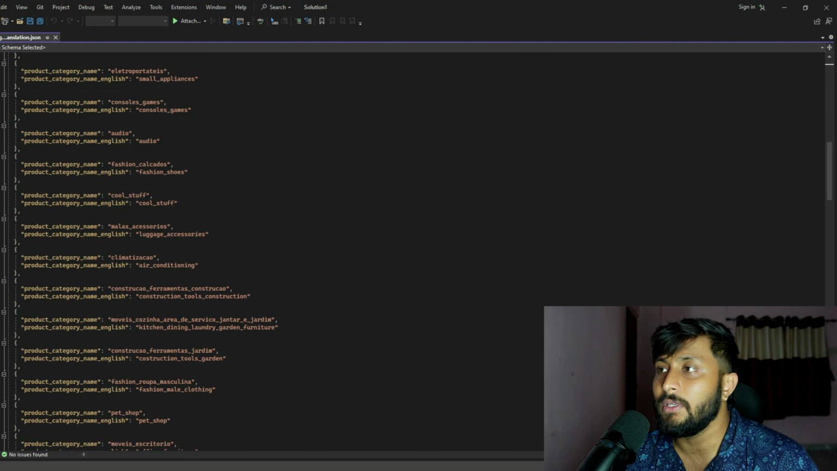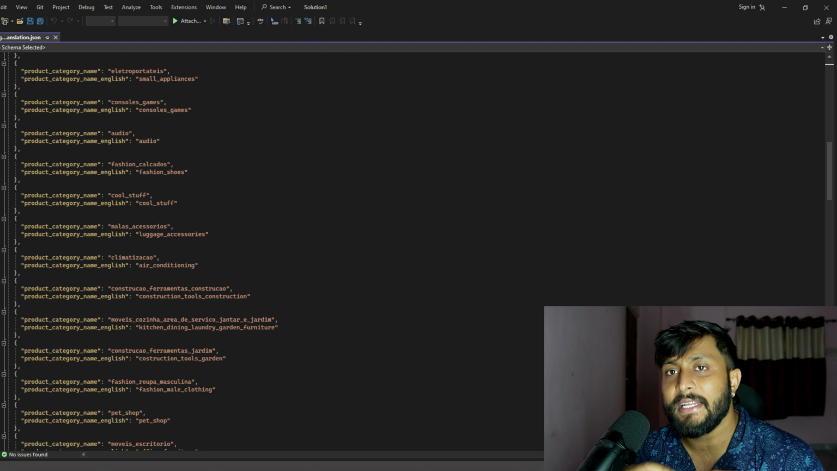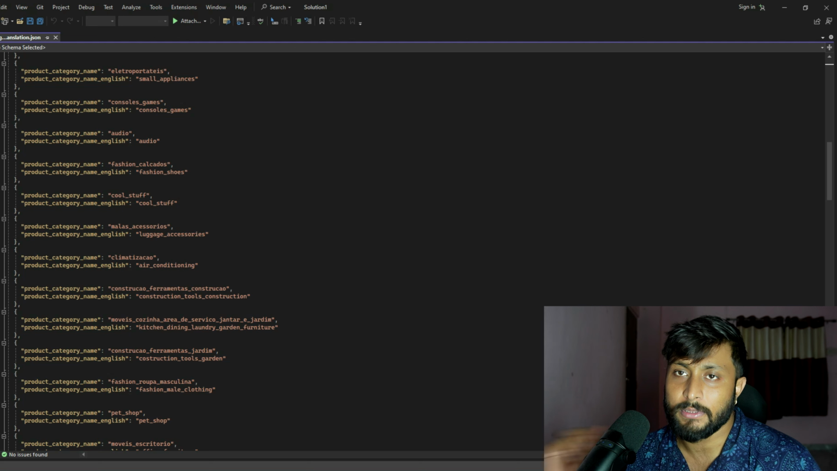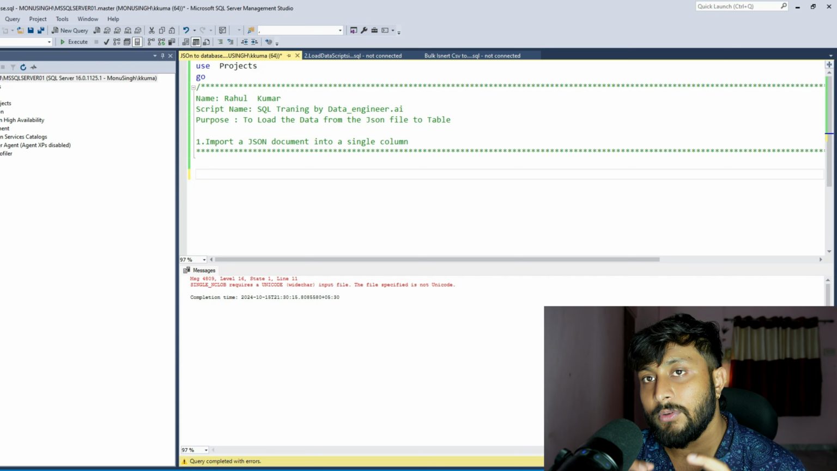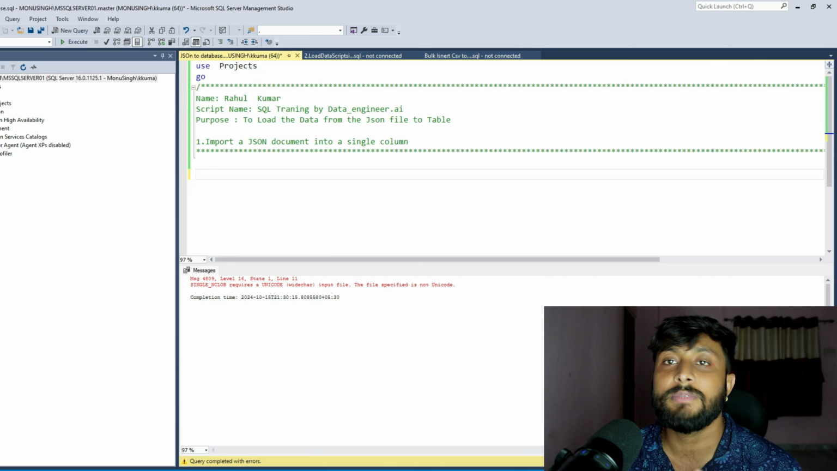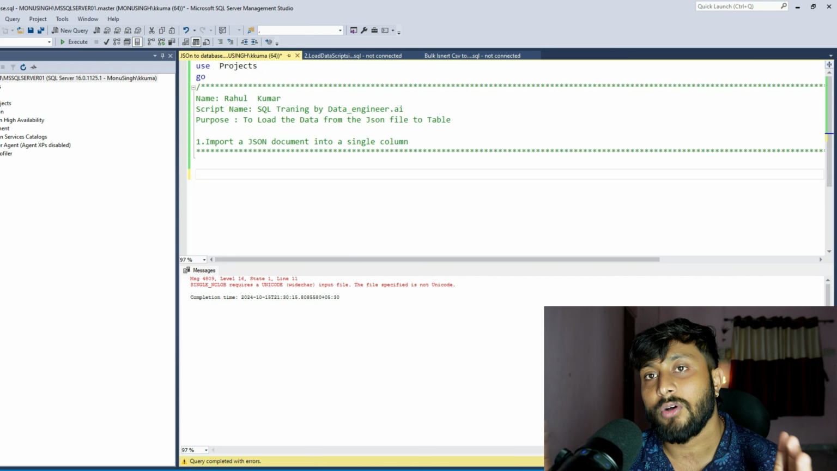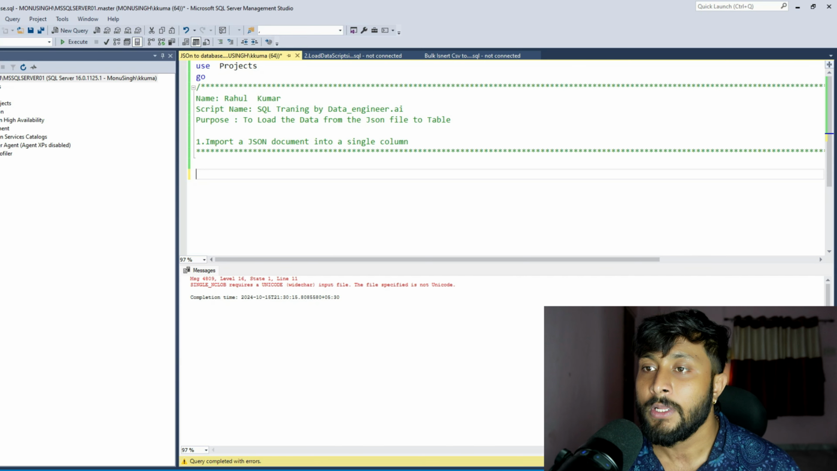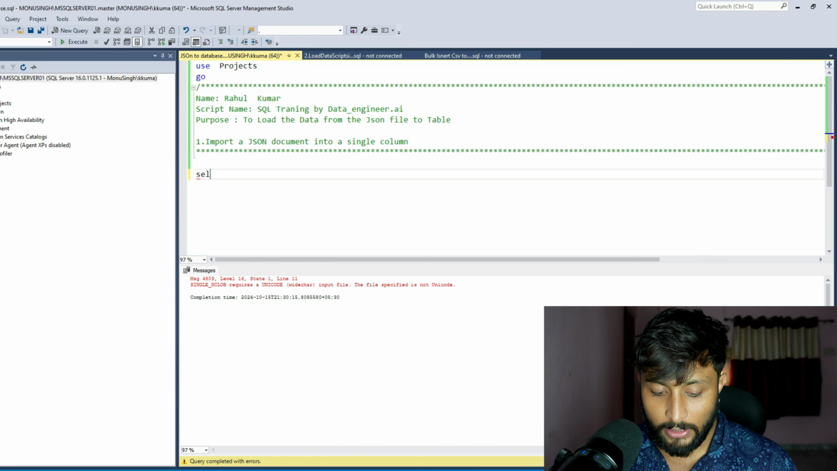So there is a functionality called bulk insert, and using this functionality we can load the data from our JSON file into our main database tables. Now we have to write a query to load this JSON file into a single column. For that we are going to use a functionality called OPENROWSET and bulk insert. So I'm just going to write select